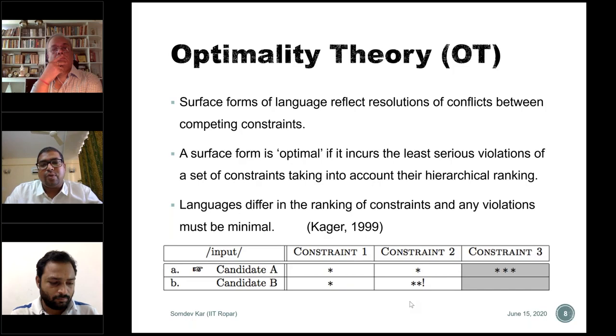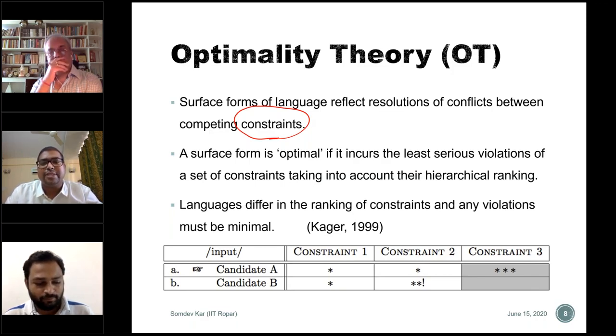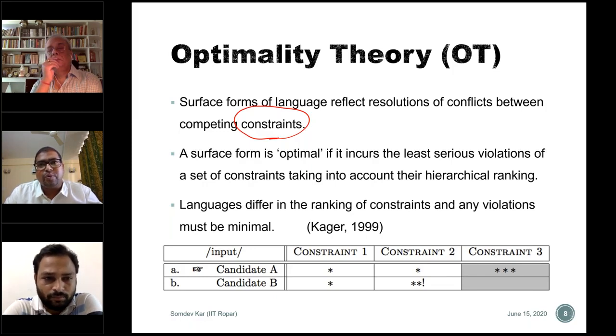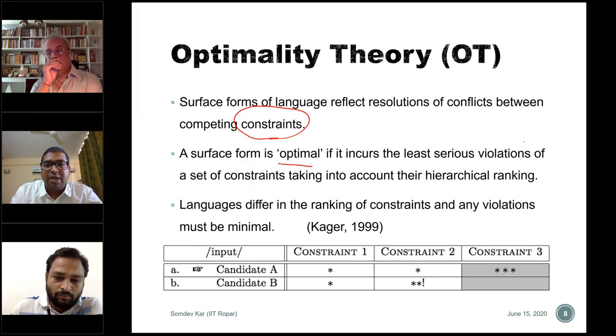But in optimality theory, or OT, it is not rule based. Rather, here we talk in terms of constraints. So the surface forms, like that hen sound, reflect a resolution of conflicts between competing constraints. So we are assuming that several constraints are competing with each other to allow or block particular pronunciations for the same input, same root, same base form. The surface form becomes optimal if it incurs the least serious violation of the set of all these